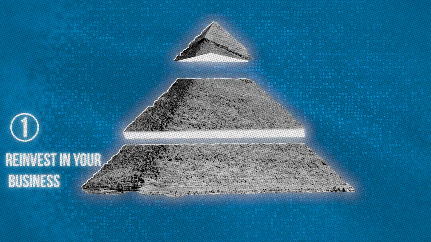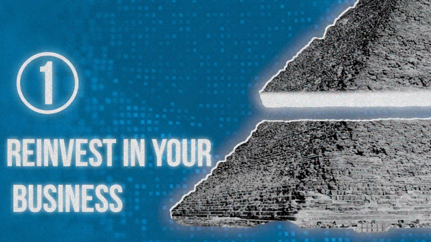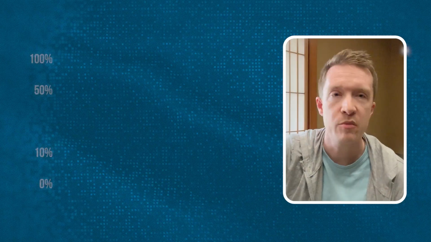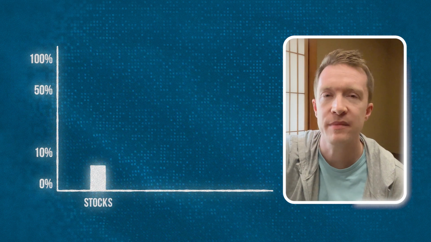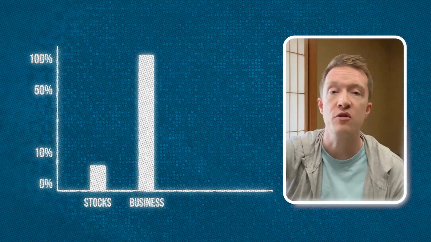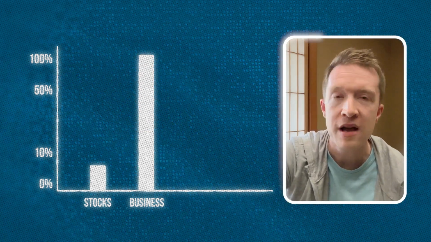Now, the first main way that you can reinvest money from your business is back into the business itself. Now, this sounds really obvious, but it's important to understand why this is so important. Money within a business is always going to be able to generate you higher returns than in virtually any other vehicle. If you put money in the stock market, for example, you might expect to make 7-8% returns over the long term. But within a business, you're able to get 20, 50, 100% returns on your money, and it's under your direct control. So money within a business is incredibly efficient, and where you have growth opportunities, it always makes sense to put money behind that.